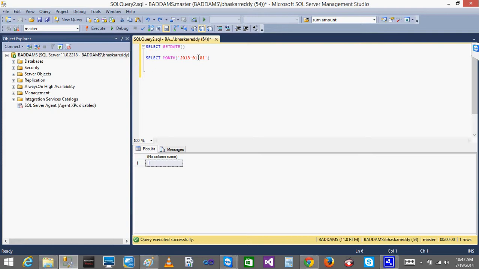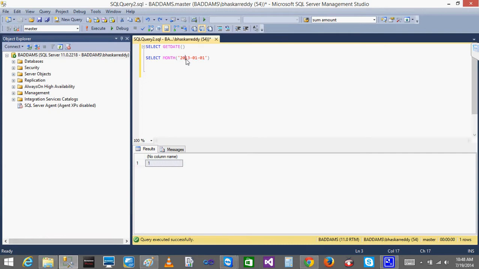One more thing is that the function should always return a value. When I execute this function, it should always return a value. That is the default answer. Whenever you create a function, it should always return a value. There is no function without returning a value. The value returned will be based on your input. Some functions need no input, but for some functions you definitely need to pass an input.